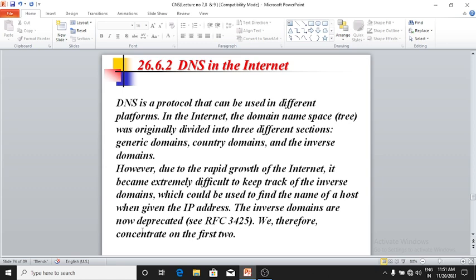However, due to the rapid growth of the internet, it became extremely difficult to keep track of the inverse domain, which would be used to find the name of the host when given the IP address. The inverse domain is now depleted. We therefore concentrate on the first two.